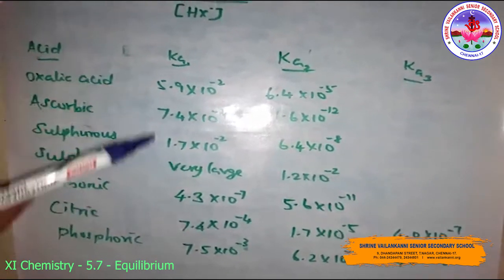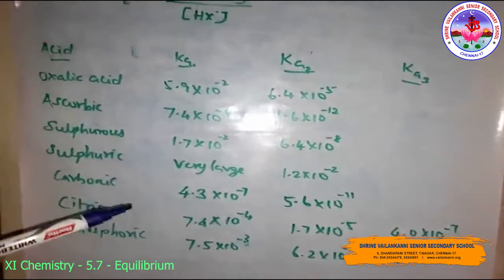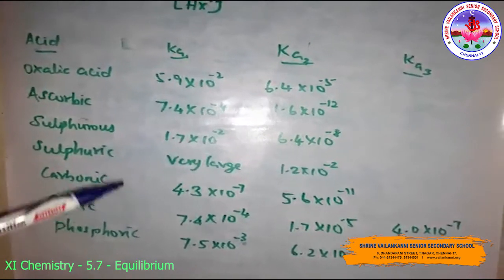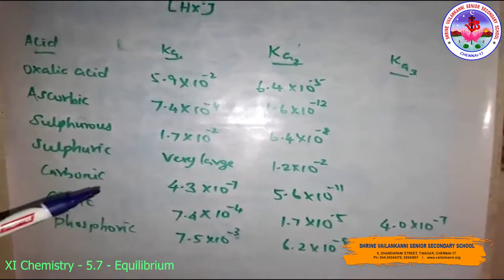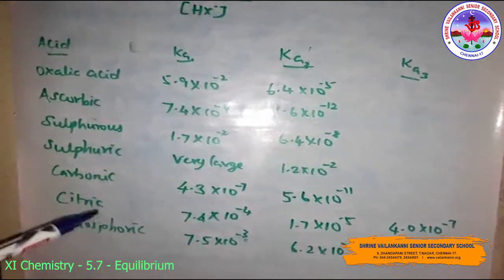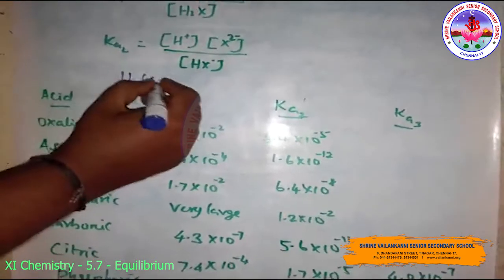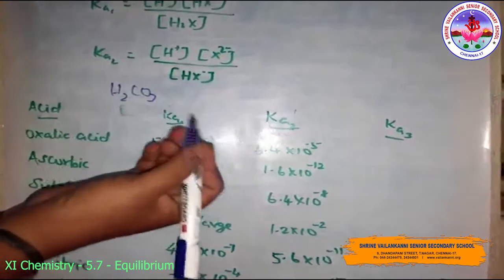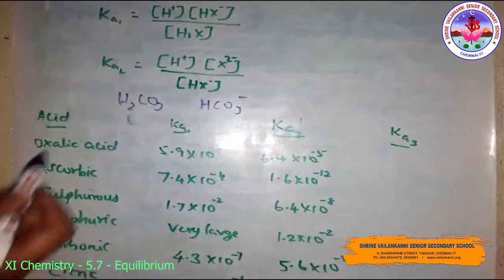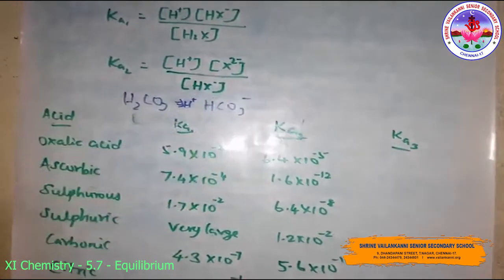See here the Ka1 of the polyprotic acid. That is the reason for that: it is more difficult to remove a positively charged proton from a negative ion due to electrostatic forces. This can be seen in the case of removing a proton from the uncharged carbonic acid, H2CO3, as compared to from the negatively charged HCO3 minus, giving H plus and HCO3 minus.